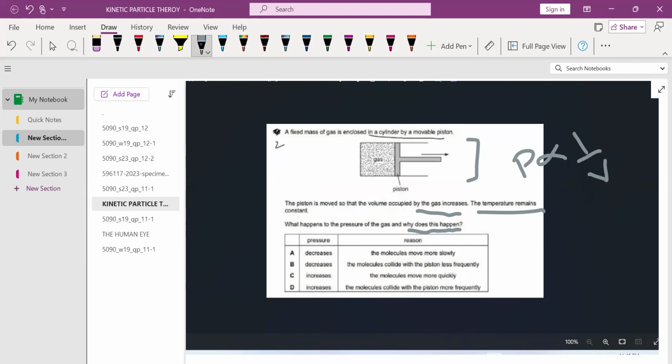Now they are saying that the volume occupied by the gas increases. The volume increases means that the pressure decreases. So when the volume increases, pressure decreases and the temperature is constant. So according to this, we will look at the MCQs where the pressure decrease option is present. They are A and B. What is the reason of the decrease in pressure? The molecules move more slowly? No. The molecules collide with the piston less frequently? Yes. So option B is correct for question number 2. Let's move